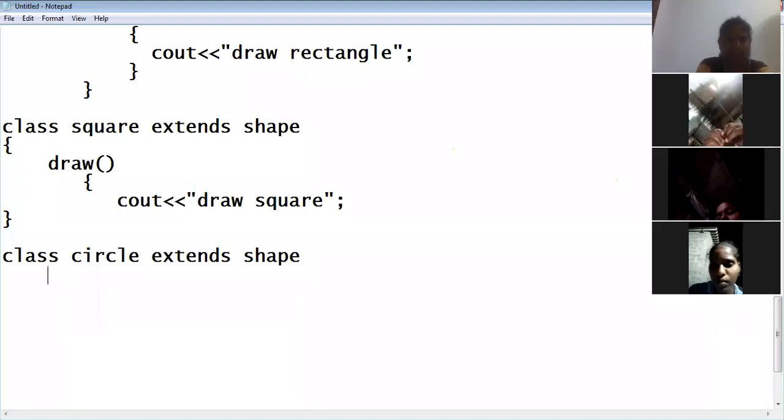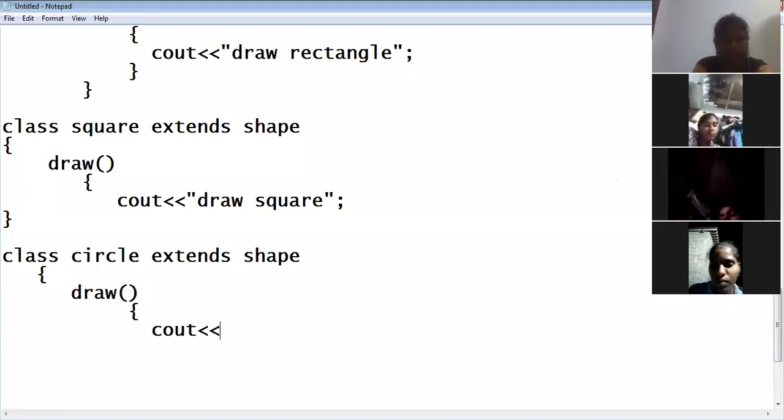These three are different subclasses, and each has its own properties, but all are derived from the base class Shape. Draw circle.